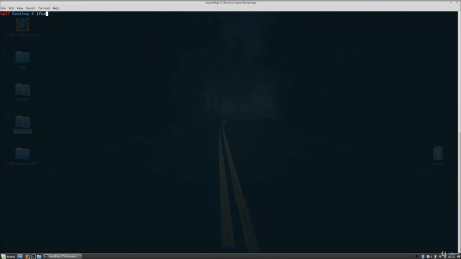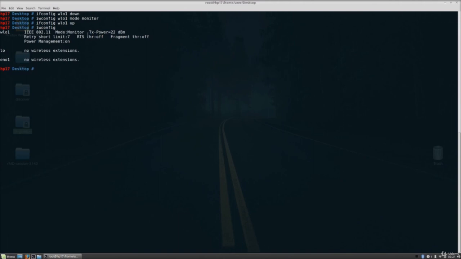So I have ifconfig, and I will not explain anything because I explained it in the previous video. So I have ifconfig WLO down, iwconfig WLO mode monitor, and ifconfig WLO up. If you simply type ifconfig right here, we can see that currently my wireless network adapter is in the